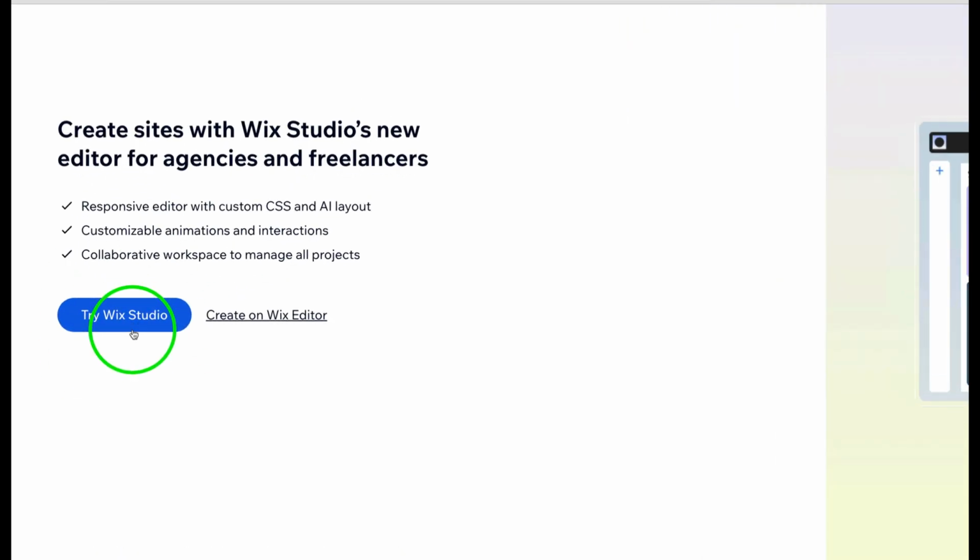Avoid Try Wix Studio. Wix Studio is not a free account. It will end before the class does. And anytime it says try, you know it's a trial. So we do want to stay with Create on the Wix Editor. If this wording changes at any time, you'll just want to use common sense and make sure you're choosing the